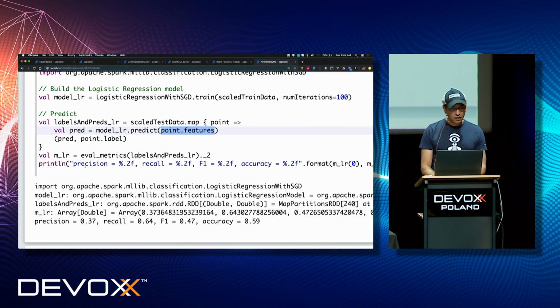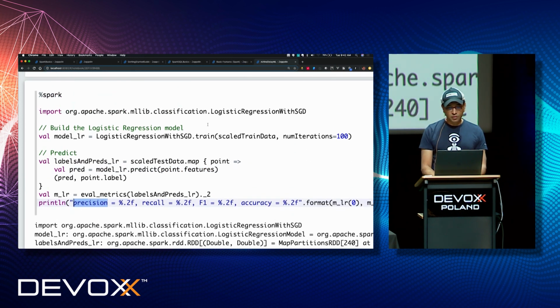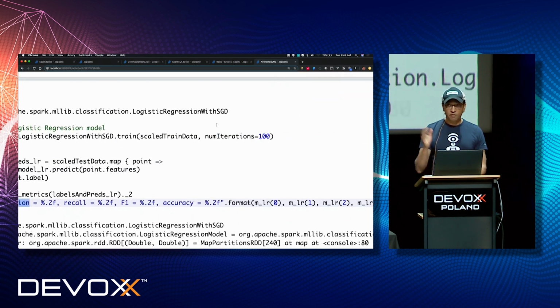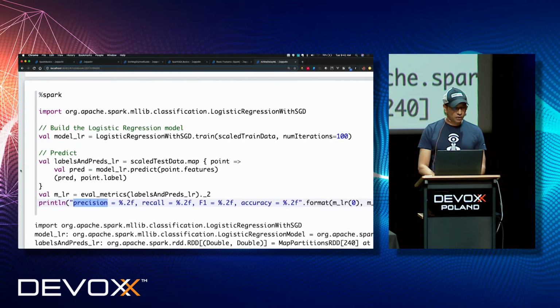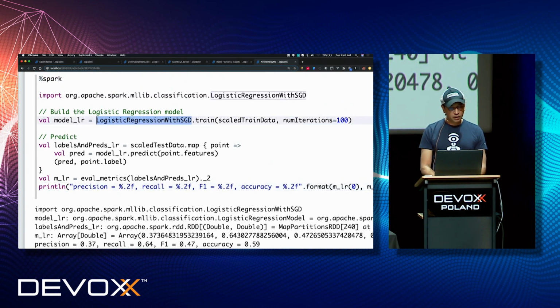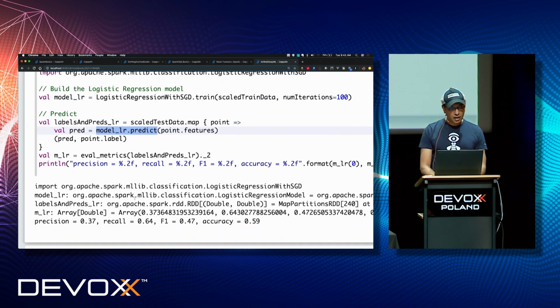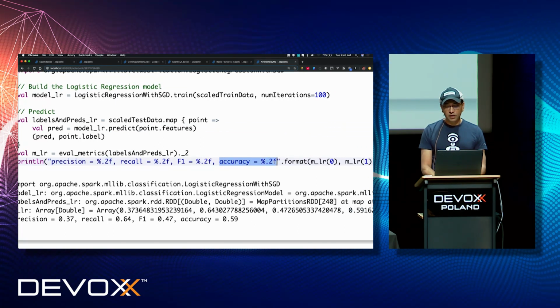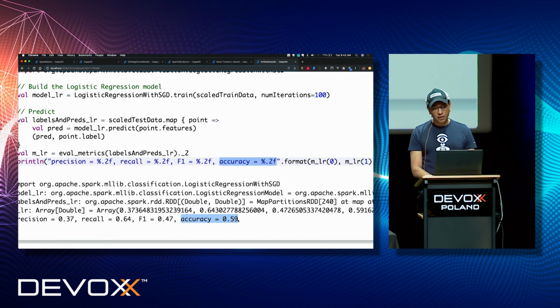And I'm not going to try to run this because I already have the output, but I could click this button right here and it would go run this paragraph. I've already run it for this demo earlier this morning, just in case the Wi-Fi didn't work here, which it's not. But based on this, we can see with this logistic regression and the prediction that we apply to it, we print out what the precision is and what the accuracy is of this machine learning logistic regression we've applied to it. And if we look down here, you can see the accuracy that we get is about 60%